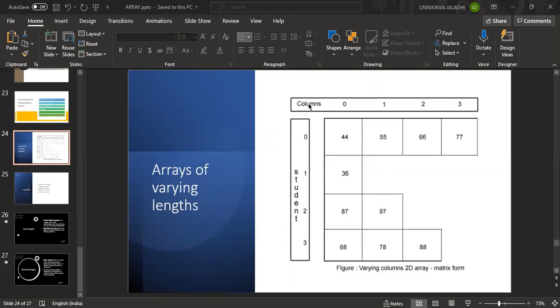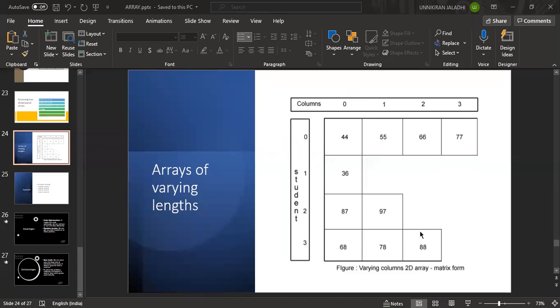So here we are considering all these as columns: first column, second column, third column, and a fourth column. How are we going to organize a matrix? Think of it as a 4 by 4 matrix, consisting of 4 rows and 4 columns.